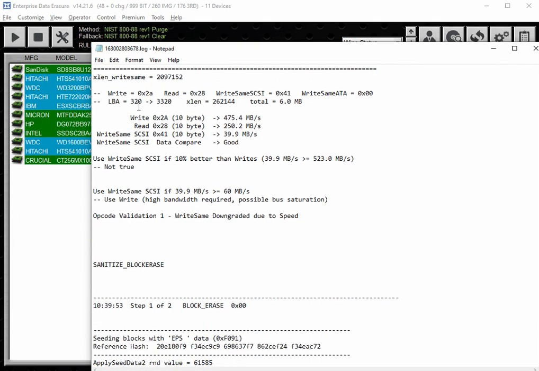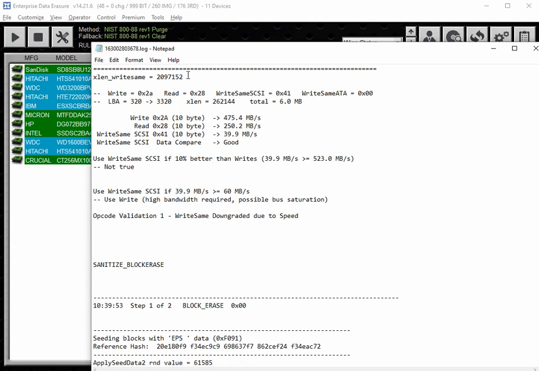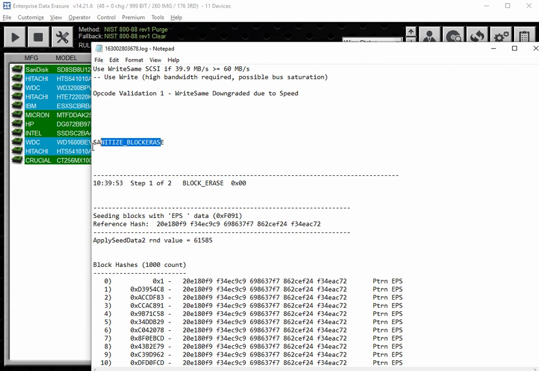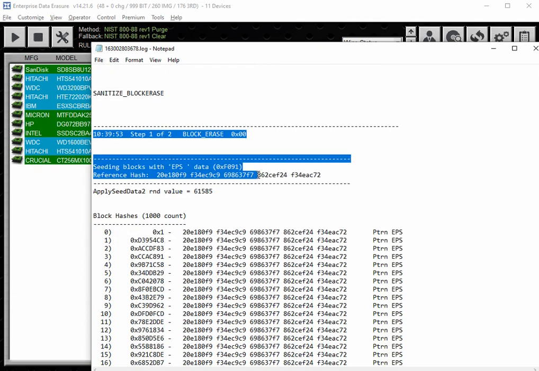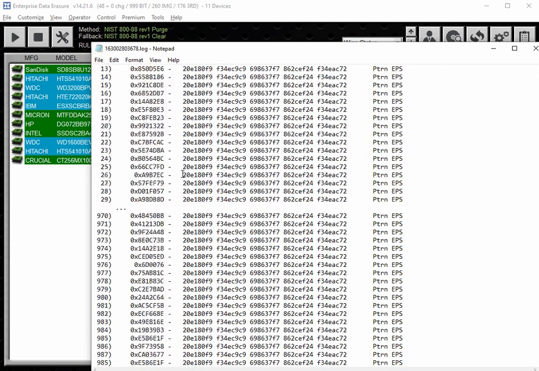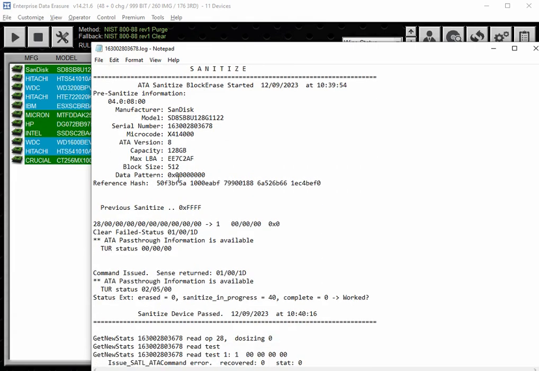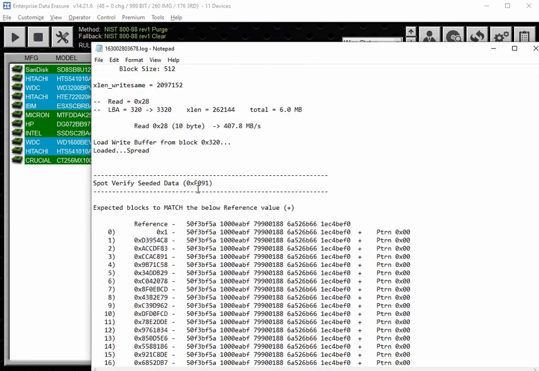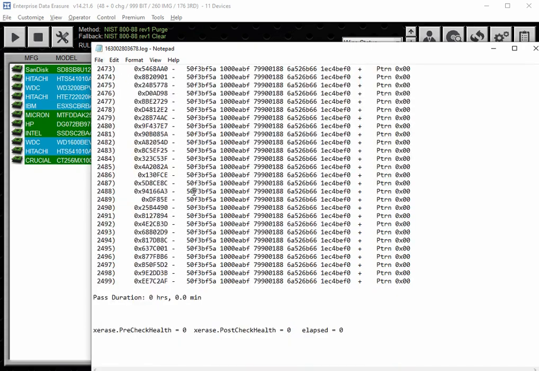As I come down here, I can see that it went through, it looked at what write same would take and what the length would be. It's not going to use that. It's going to use block erase. So it began the block erase process, and it seeded blocks with data. The pattern is EPS. Now it performs the sanitization. We can see that it passed, and now it checks those seeds and they are in fact all zeros, in which case we will receive a